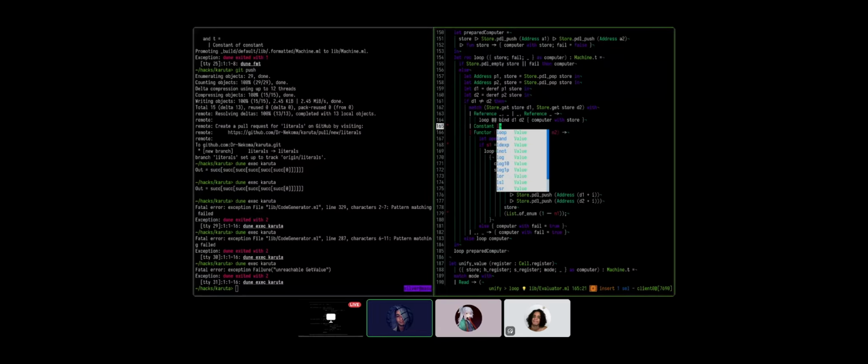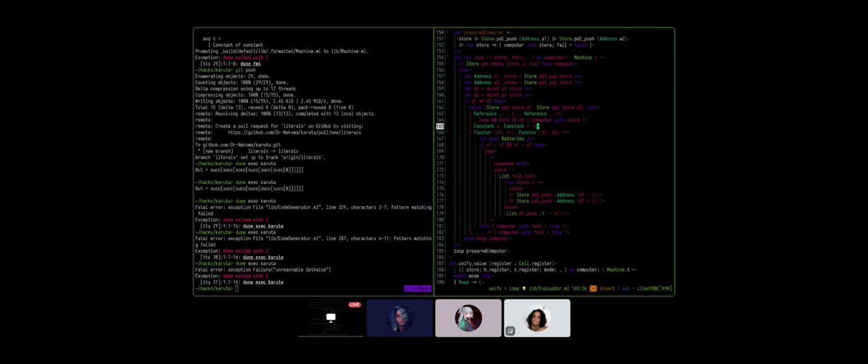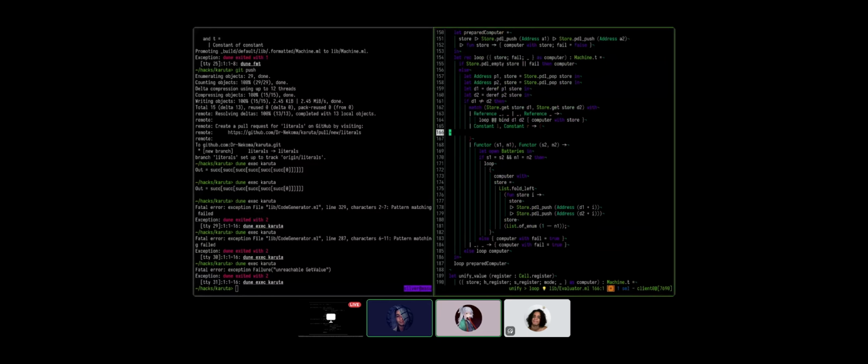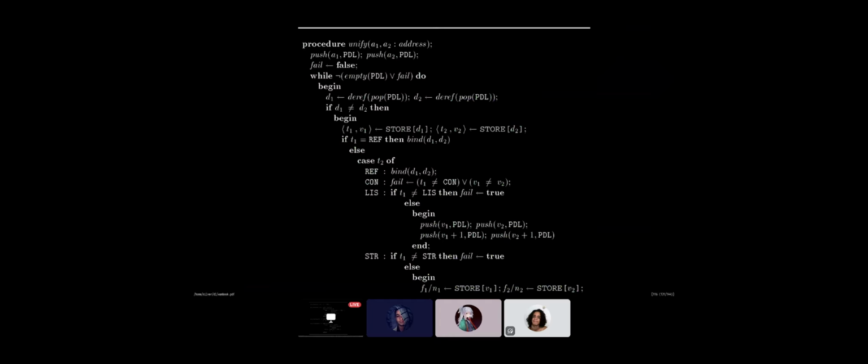So if T1... no, T1 doesn't need to be a constant. That's actually what we're gonna check. We're already checking this in the pattern match though.